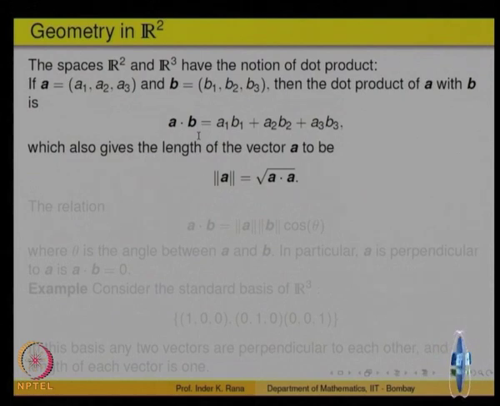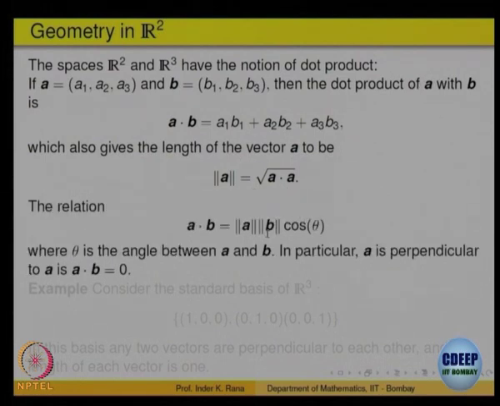It takes a comma b to a dot b, from R3 to scalars, and the magnitude is defined in that way, and this also gives the notion of angle. So, what is the notion of angle? A dot b is magnitude of a, magnitude of b into cos of the angle between them, theta. So, here the definition of angle comes. What is the angle between them? I can define cos of that angle by this expression. If they are non-zero vectors, I can divide by that. So, cos theta is equal to a dot b divided by norm of a into norm of b, right. So, the geometric notion of angle, the measurement, comes out in the form of algebra now, this equation.